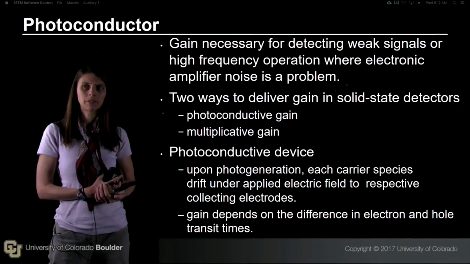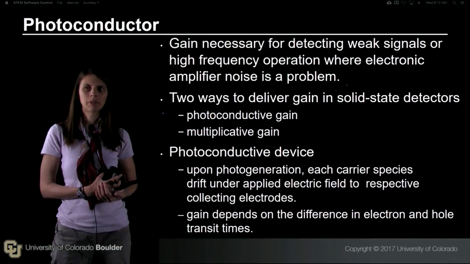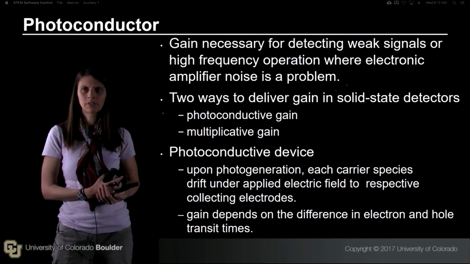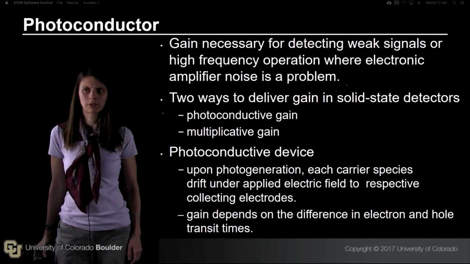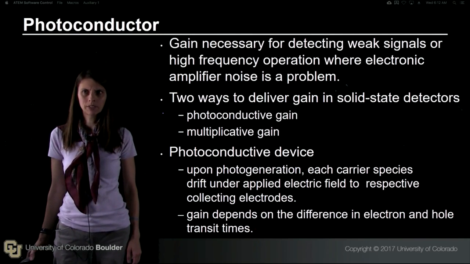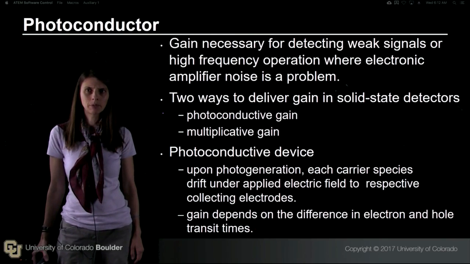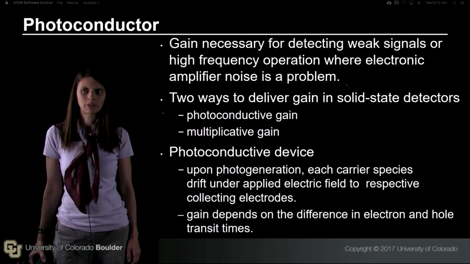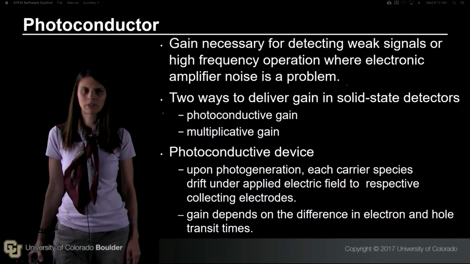MIS, or metal insulator semiconductors, can lead to very high performance imagers. However, they have a fundamental limitation in the fact that they have no internal gain. And so this really limits the applications to which the MIS device can be applied. Gain is really important for detecting weak signals or for high frequency operation, where electronic amplifier noise can be a